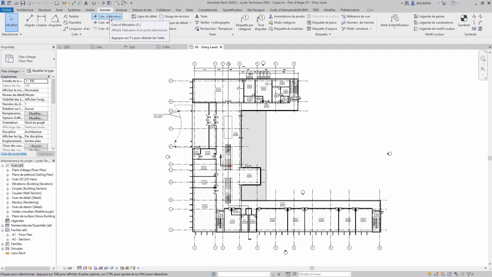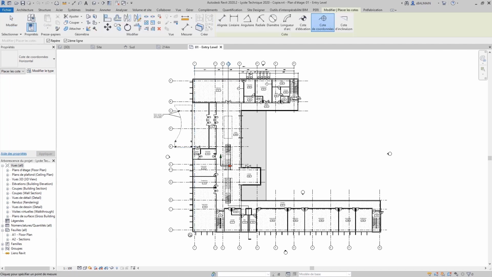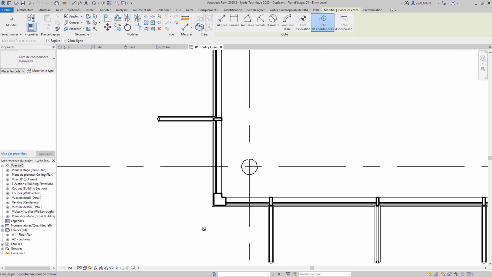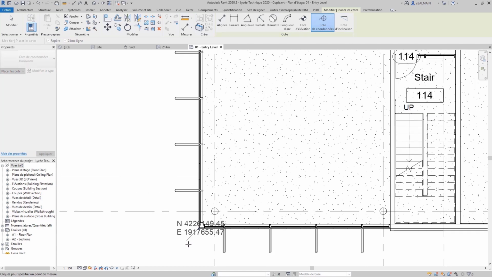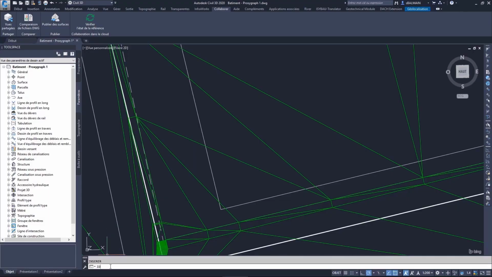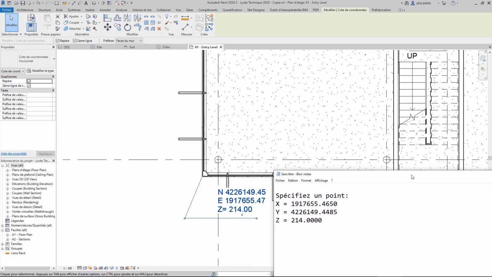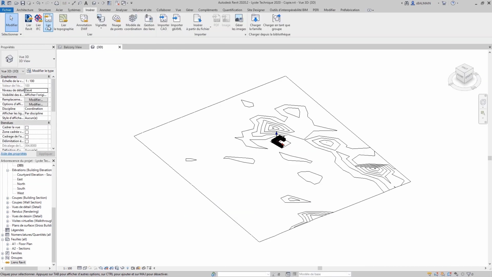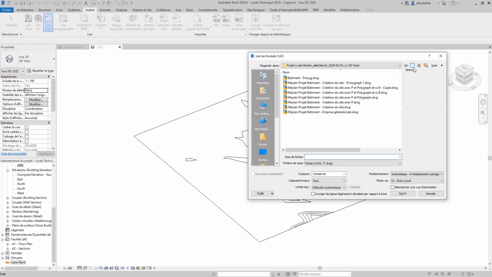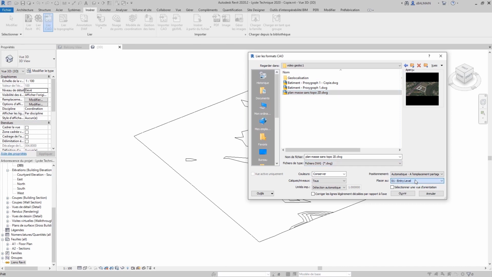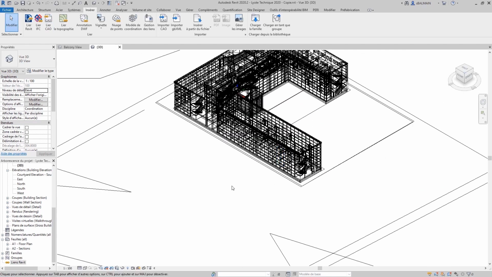And here now, since this building has a geolocation, you can share. So here I'd like to verify what I say. So here is the angle of the building. Here the famous ID command, we give the X, Y and Z value, and of course it matches. And now if you want, of course you can link the DWG, but not center to center this time, but to shared coordinates, because the coordinates are already known in this file. And of course, again it matches.